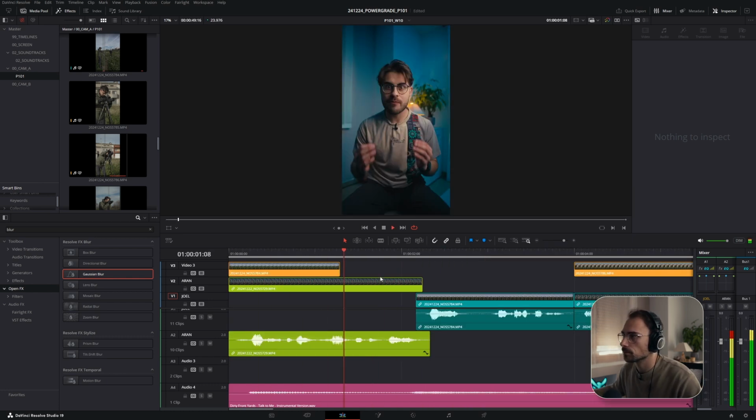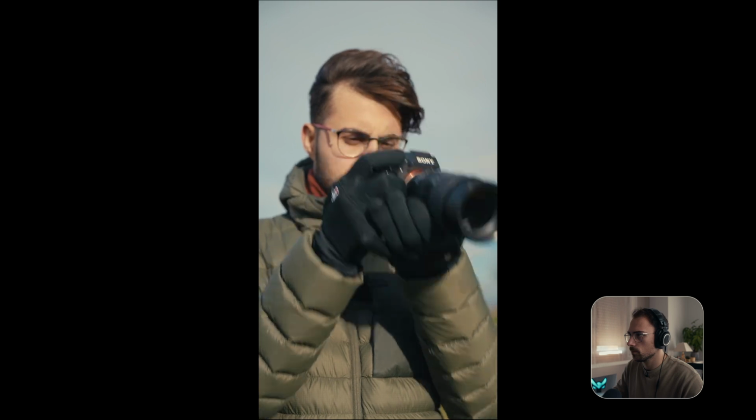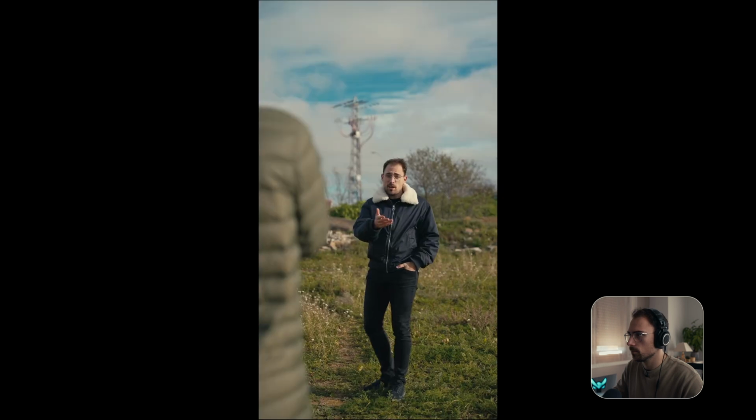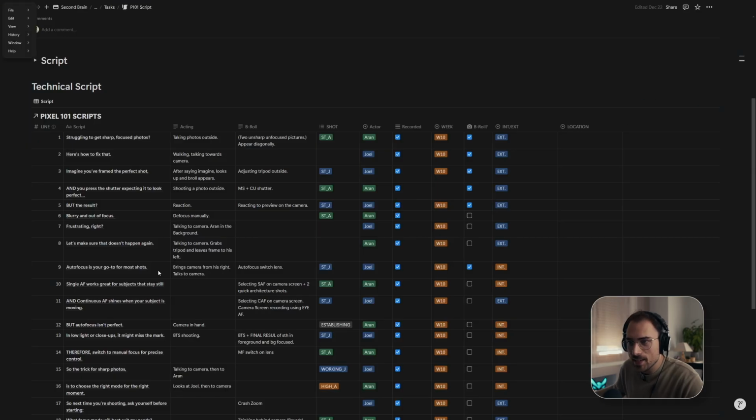Struggling to get sharp focus photos? Well, here's how to fix it. Imagine you framed the perfect shot, and you press the shutter, expecting it to look perfect, but the result? Blurry and out of focus. Frustrating, right? Yes, it is. Okay, so next is,